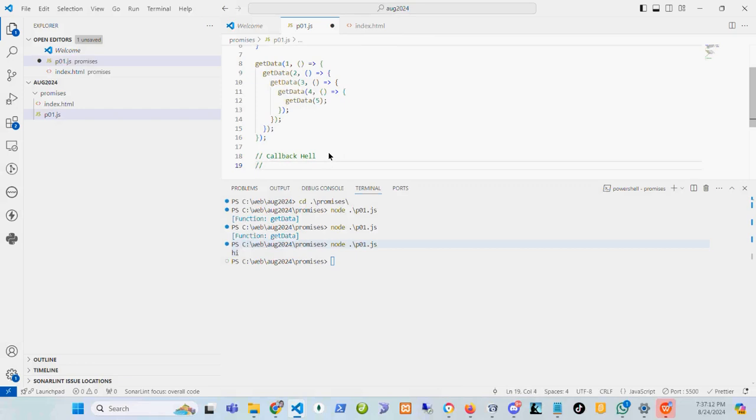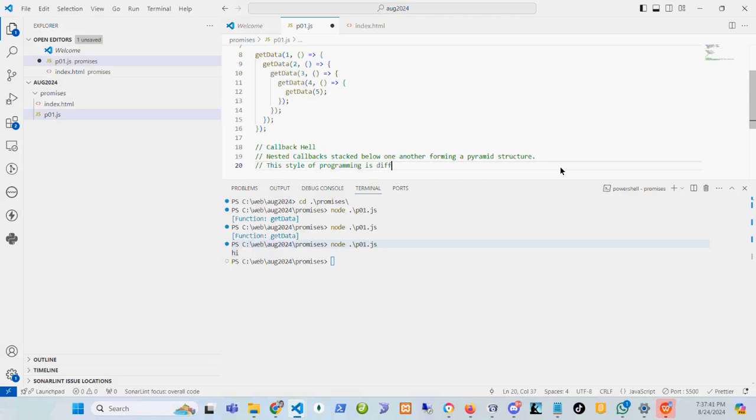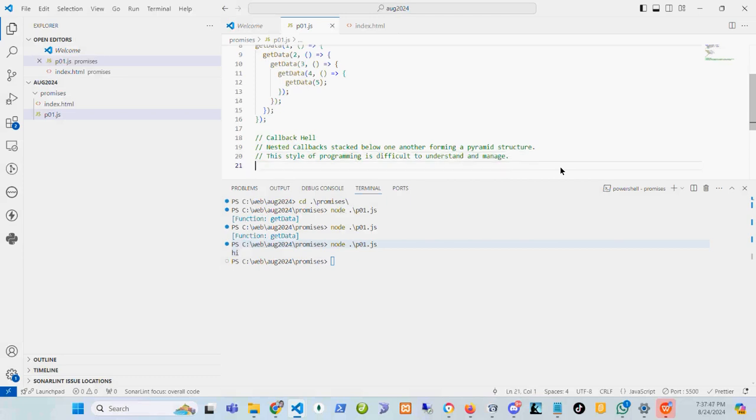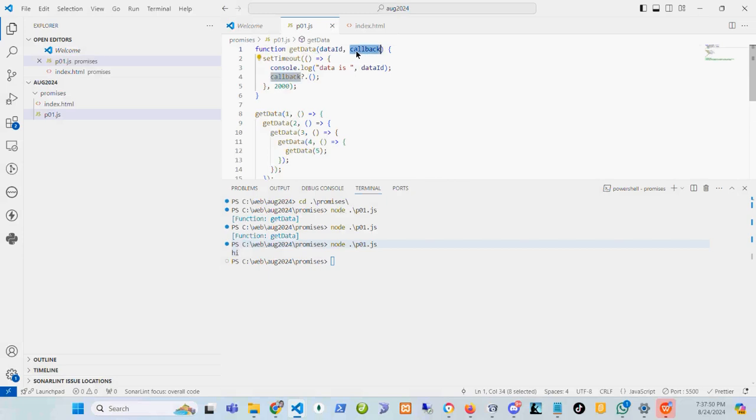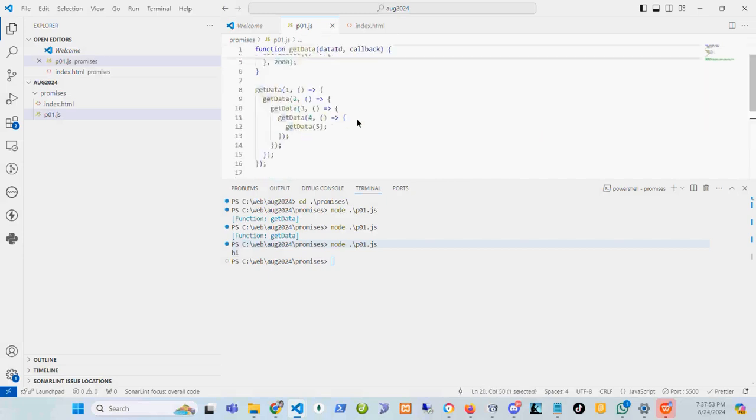So let me write down something about callback hell. It is called nested callbacks stacked below one another, forming a pyramid structure. So see, this is a pyramid structure we are creating because of the callbacks, a lot of callbacks. This style of programming is difficult to understand and manage. So if we use a lot of callbacks like this, then it is difficult to understand what's going on,